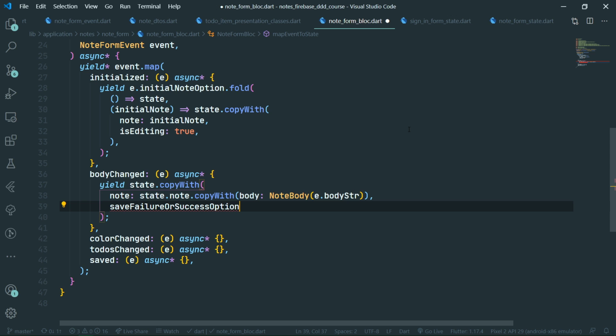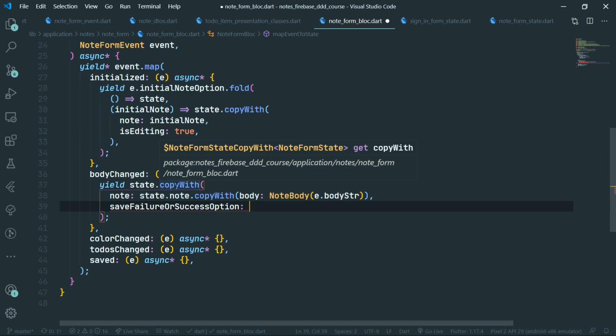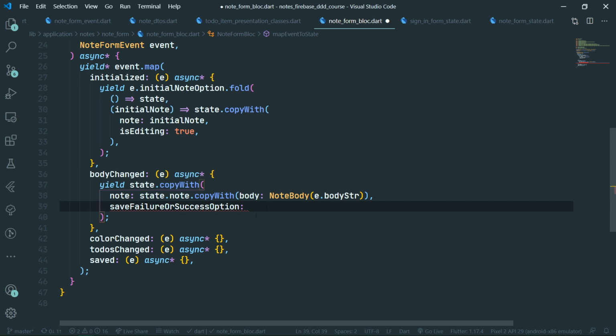And we are, by the way, not getting any IntelliSense because unfortunately copyWith is not really a method. As you can see, it's a getter. It returns a callable class, and callable classes, for some reason, do not have IntelliSense, at least on VS Code as of now. So that's why we are not getting any suggestions, but it's compilable code, only suggestions are not working, unfortunately. So we basically want to set it to none to get rid of any possible previous failure,